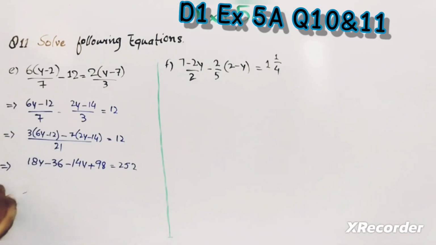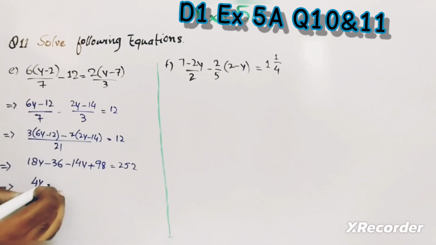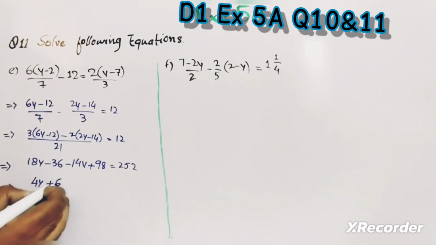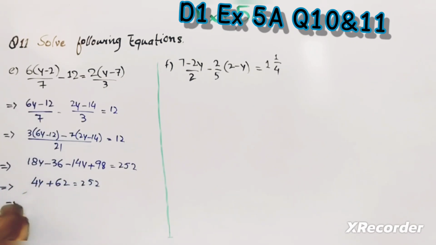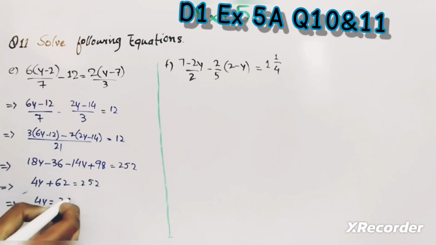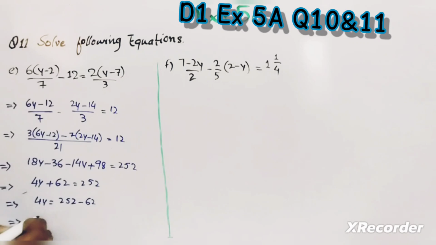Yes. Now by solving, 18y less 14y will give us 4y, minus 36 plus 98 gives us plus 62 is equal to 252. By solving further, 4y becomes 252 less 62 and y will become 190